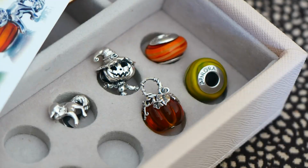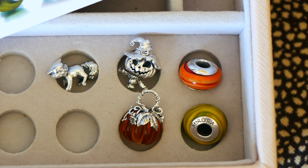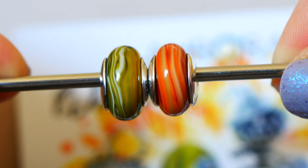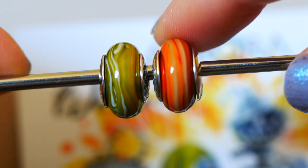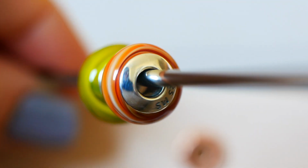Here is a quick overview of the 5 charms I'm going to be reviewing. There's 3 glass beads and 2 silvers, and I love the glass colors. They definitely have a very autumn feel. The first one you're seeing here is called the Autumn Evening Murano Glass Bead. It definitely looks like changing leaves, crunching through the leaves colors. It also makes me think of a pumpkin spice, like the colors of a pumpkin spice latte too, which